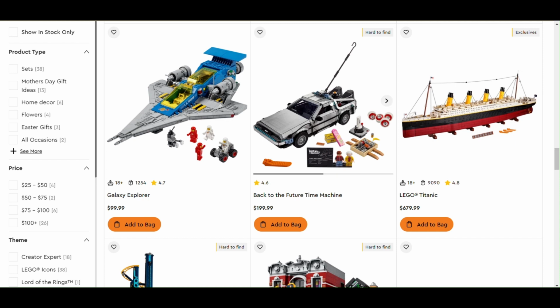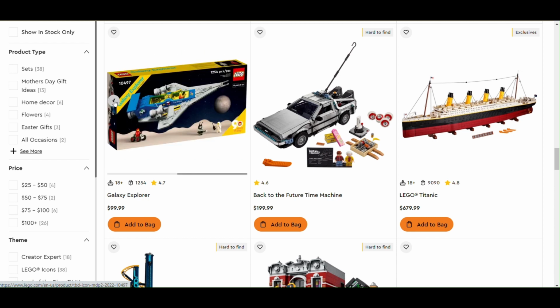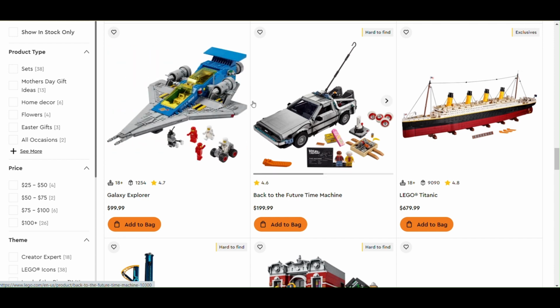So we have the Galaxy Explorer. Again, Lego is, at least temporarily, reviving single sets on these classic themes. We had pirates and castle, and now we have classic space. And I think this is a great nod. Not a nod, it's actually essentially a recreation of the original Galaxy Explorer. And this